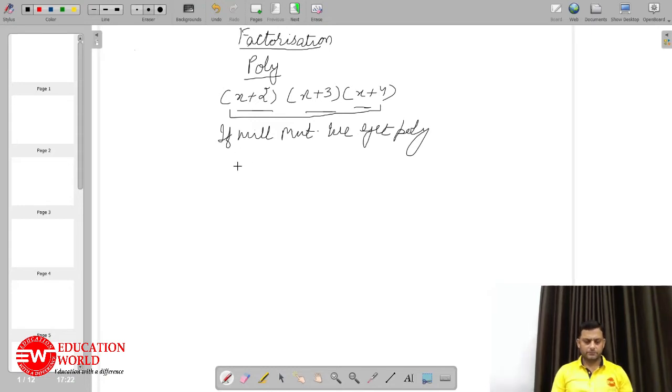In the other case, I can say that the polynomial is the reverse case. Reverse means from these factors, if you multiply, you will get the given polynomial. And from the polynomial, if you go the other way, this is called factorization. You are making the factors. Okay, so there are basically methods for factorization.